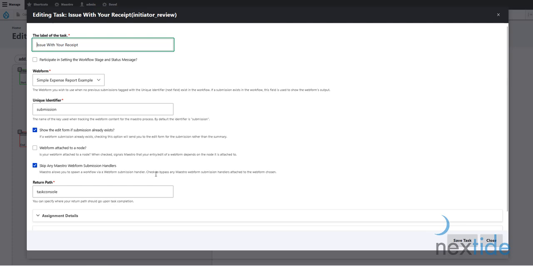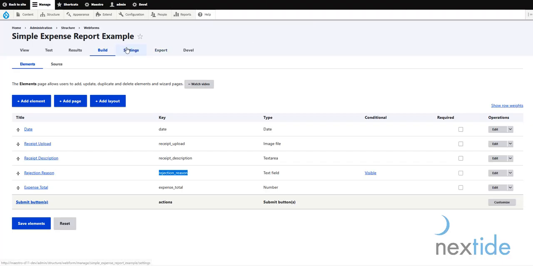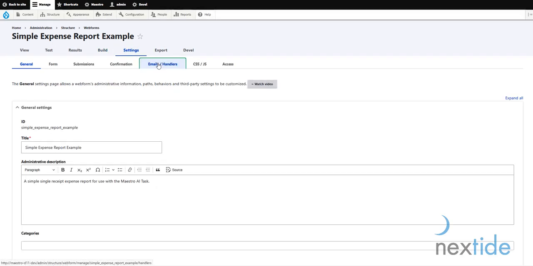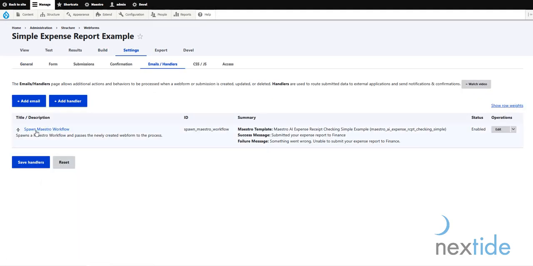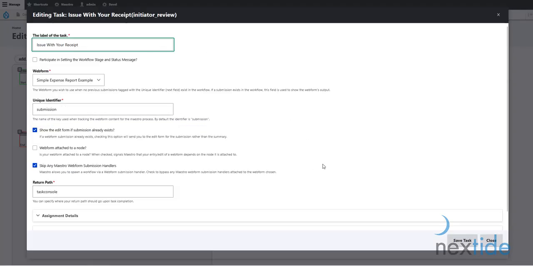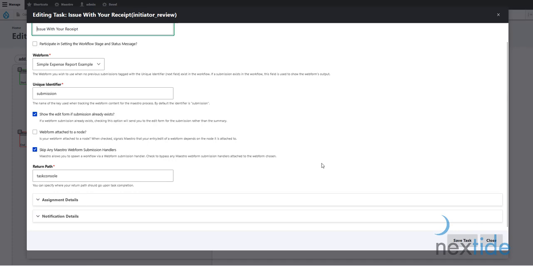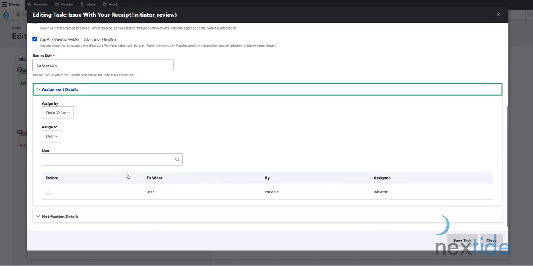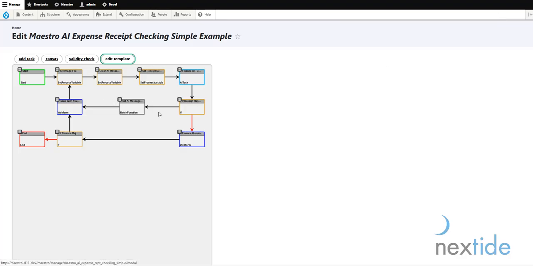We've got a lot of documentation on this, but what we don't want to happen is that when somebody hits save on that web form, we don't want it kicking off the actual expense report, because again, we've got this handler on here to spawn Maestro workflows. We don't want the submission of this task that we're configuring right now to spawn another workflow. And again, assignment details are just to the initiator of the workflow. And this loop continues, as we noted, over and over and over until such time that the receipt message